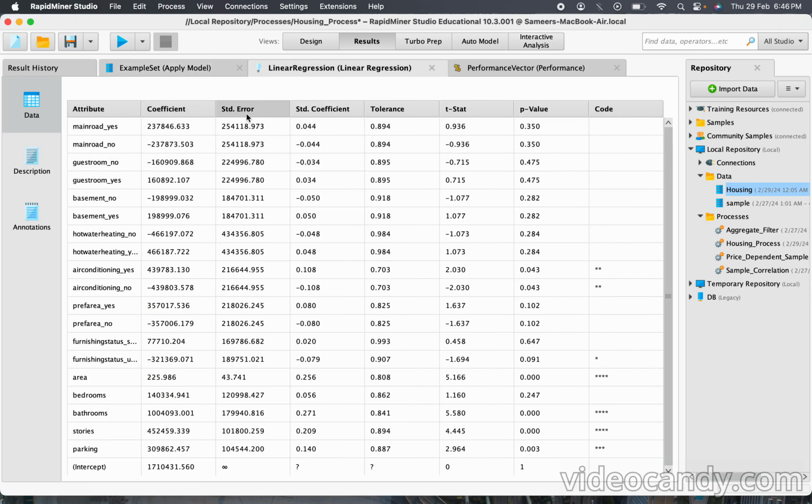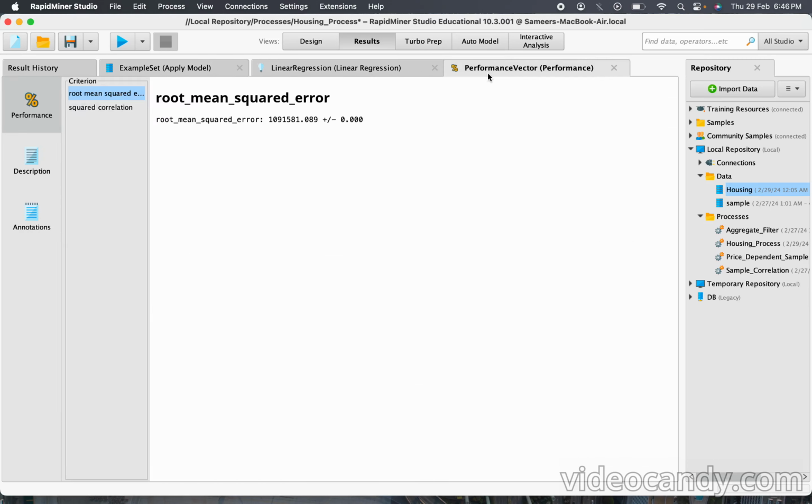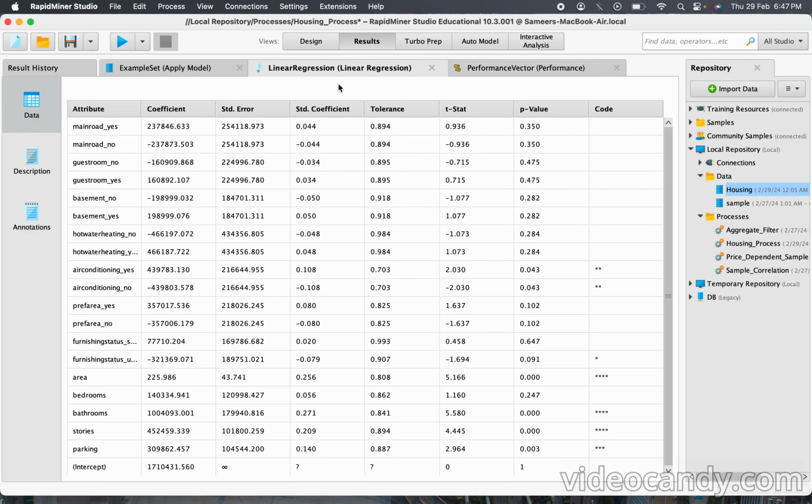We have actual values versus predicted values. This is attribute coefficient, standard error, everything, and this is the performance vector which tells us the root mean squared error, that is 10,91,581. It is basically given as a range plus minus, and squared correlation which is 65%, which is good. And in linear regression, in this output we get the coefficient